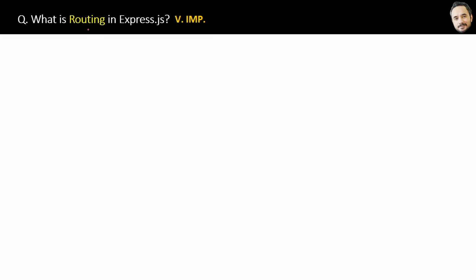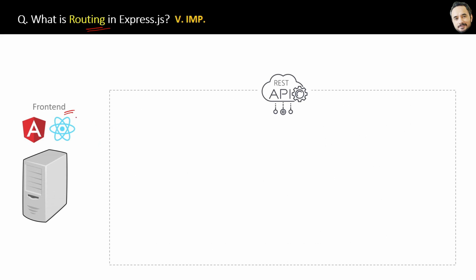What is routing in Express? Let's quickly understand with the help of a diagram. We already know we have a front end, which can be in Angular, React, Vue, etc. Then we have a REST API, which in our case is in Express and Node. Now the HTTP request will come from the front end, and inside the REST API it will first hit the middleware.